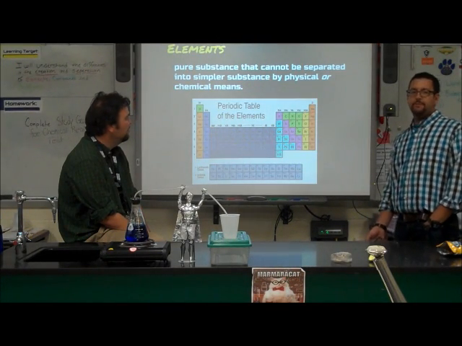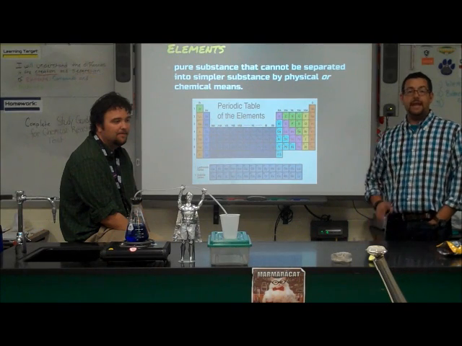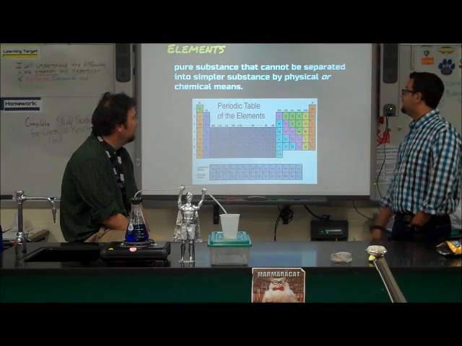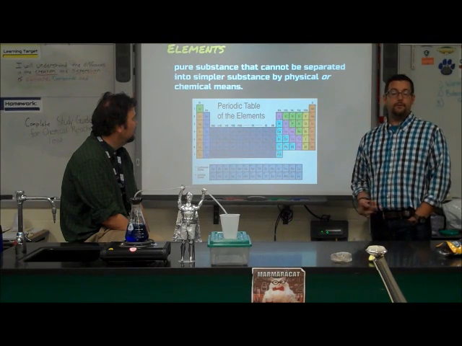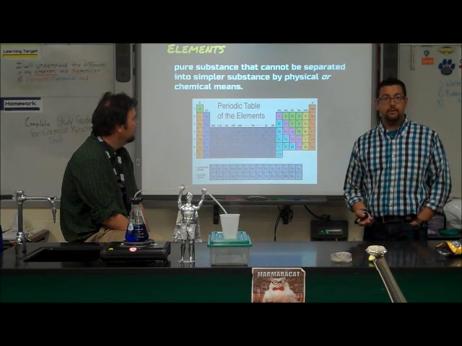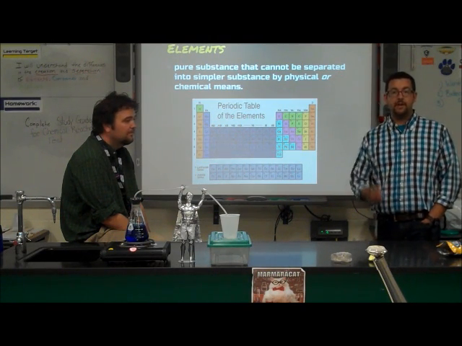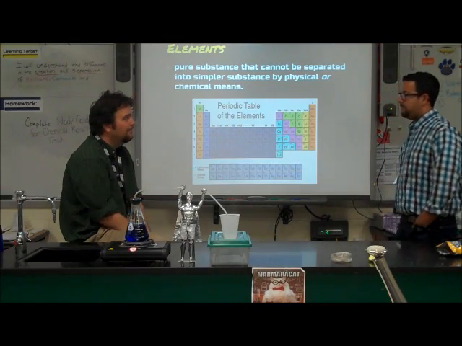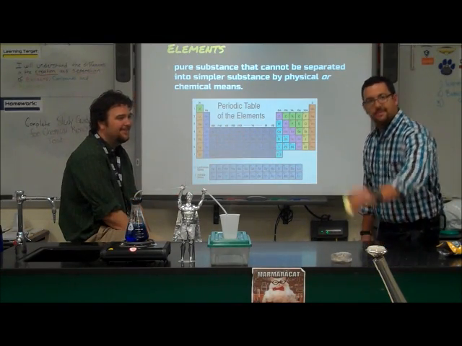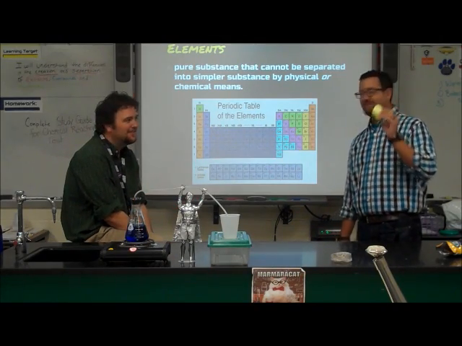All right, so the first example of those is elements. As you know, an element is a pure substance that can't be separated into simpler substances. It's the smallest form of matter. So for example, the smallest amount of anything that you can have, let's say copper, is just one atom of that element copper. That's it. Or even sulfur. Hey, look at there, sulfur. It's almost like we had this planned. Almost. Sulfur.